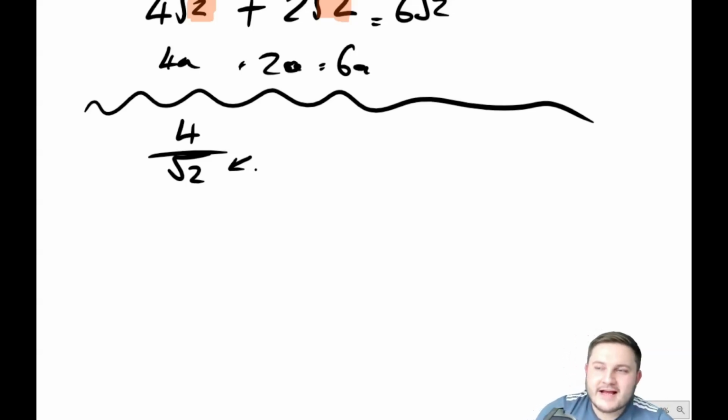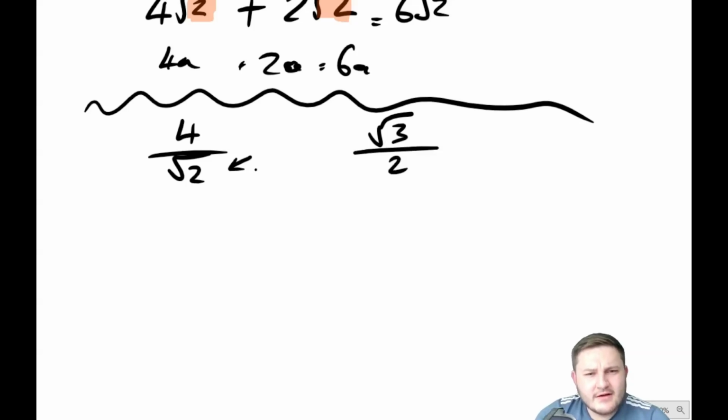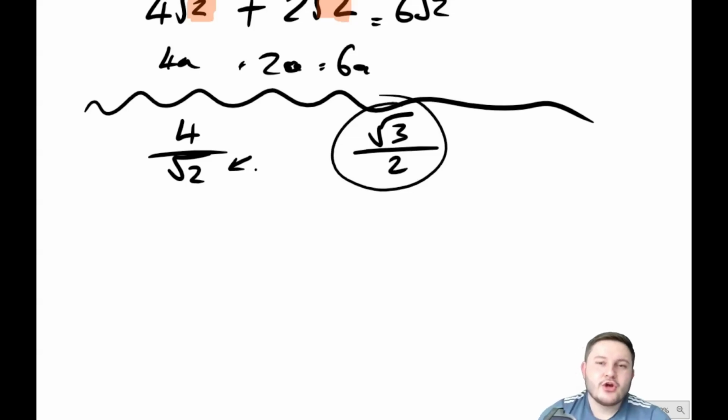If you were asked to do some kind of division, if you were given two fractions, so for example, 4 root 2 on this side, and I'm just going to make up root 3 over 2. This one is much, much easier to work out without a calculator, because in A-level maths, you can actually approximate the square root of 3. There's an approximation value for it, and then you just have to half it. You divide it by 2, you just half the value. And it'd probably be some approximation because it's an infinite decimal, but it would